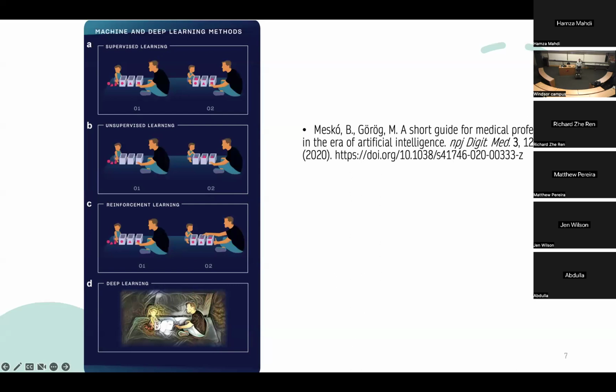Now that we've discussed one way to classify AIs, we'll look at machine learning specifically. There are different words that you may hear in the news or when you're reading papers: supervised learning, unsupervised learning. So we'll talk about these. Supervised learning is when you have essentially a few examples and you tell the AI, oh, this image is an image of a cat. This image is an image of a dog.